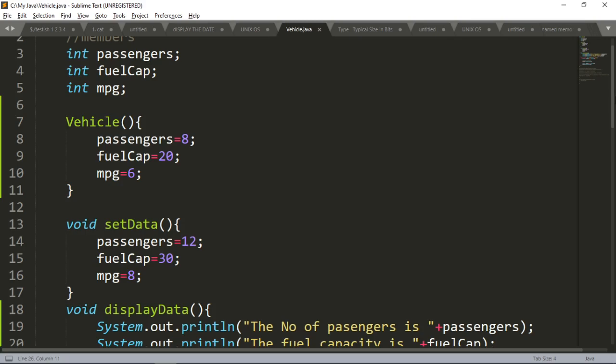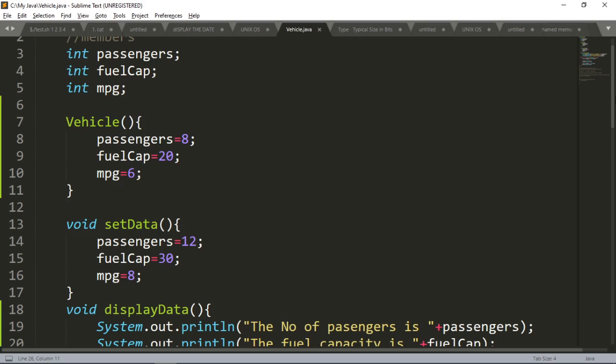But if you define a constructor on your own inside a class, then Java is going to use your constructor. What you have defined, Java will use that. If you do not define one, then Java will provide the default constructor for creation of the object.